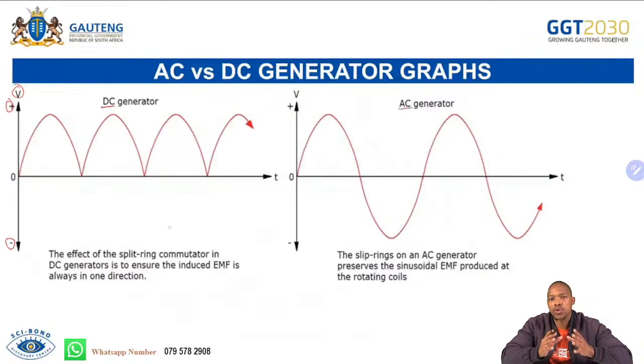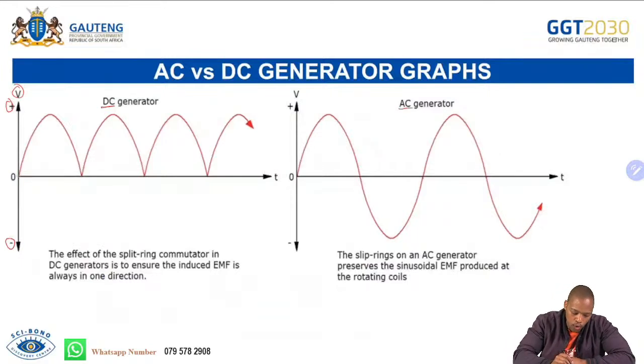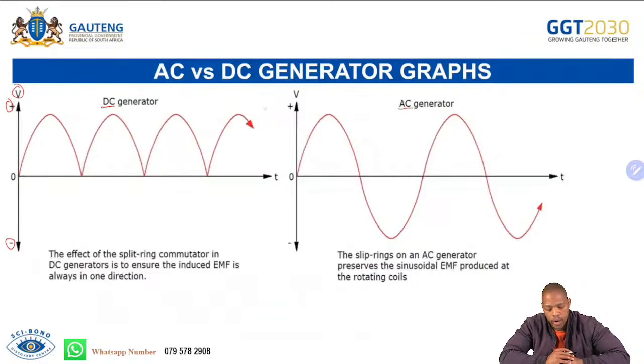The current does not change direction. So it only goes from 0 to maximum, back to 0, back to maximum, back to 0, back to maximum, back to 0, and so on and so forth. And I repeat, even if we were doing current, the same shape should be taken by these graphs. When we go to the AC, we have 0 and we induce maximum, and then we induce 0 at